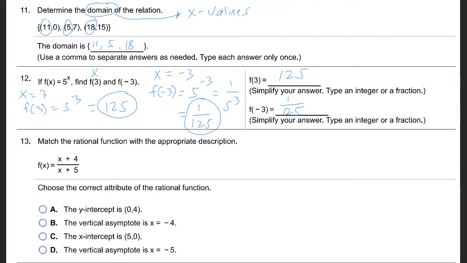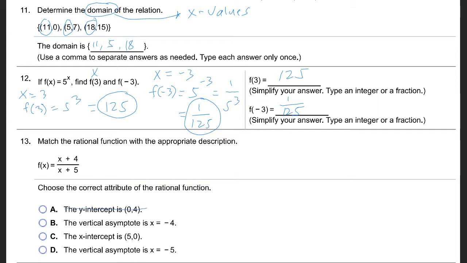They say that the y-intercept is (0, 4). When you see y-intercept, x must be 0. So putting 0 in your equation here, it will not give you (0, 4). It will give you, well, for y, it should be 4 over 5, and your x is 0. So this is not the right answer for